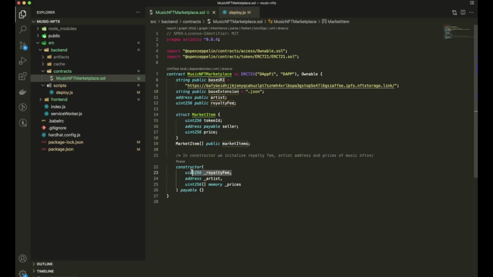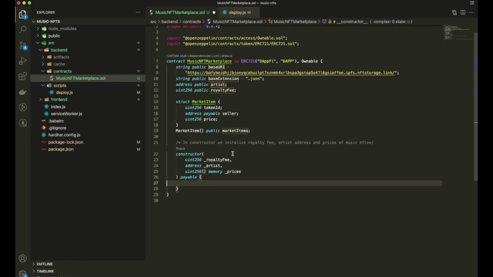So we're going to need to pass as inputs to it a royalty fee, artist address, and an array of prices. To avoid naming conflicts between arguments and state variables, we name each argument with an underscore at the beginning. We're also going to mark this constructor as payable so that the deployer can send the required ether upon deployment to cover the royalty fees for listing the NFTs on the marketplace,